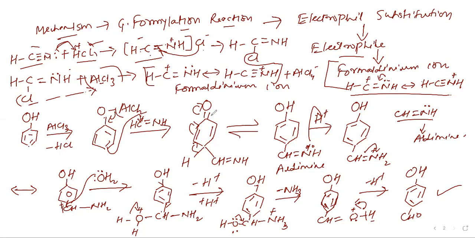Then it will lose one hydrogen to this OH group. This is your aldimine, right? Which will react with hydrogen ion, right? To form this complex. This will further react with water. It will undergo hydrolysis to form your phenolic aldehyde, right? And your other reaction is your Gattermann